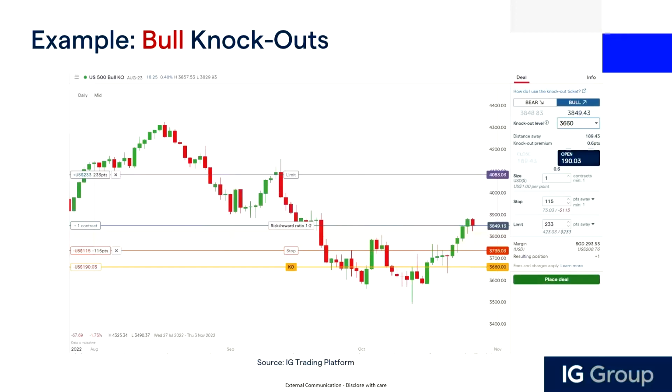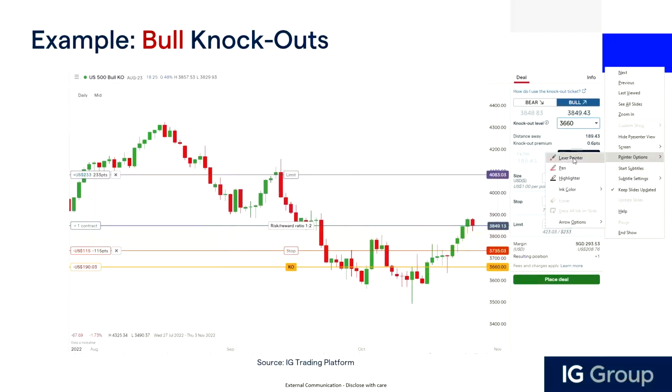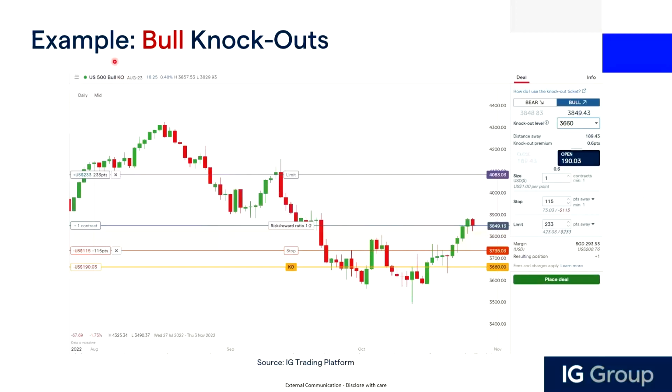So in this trade ticket, at the top left-hand corner of the chart, you'll see that there's this US 500 bull KO. So that's the instrument. And on the right hand, this is what we call the trade ticket. So this is where you key the instructions to tell the platform at what levels you want to execute the trade, at what levels to close off your trades in losses,